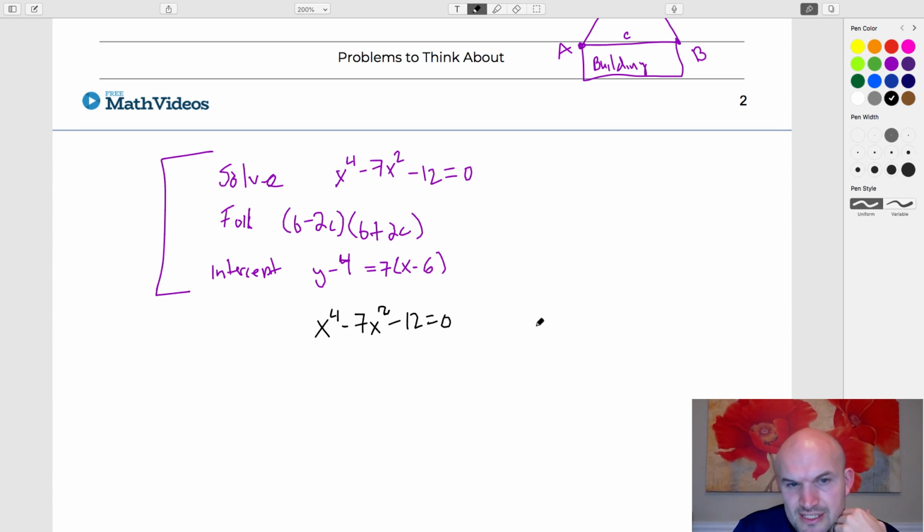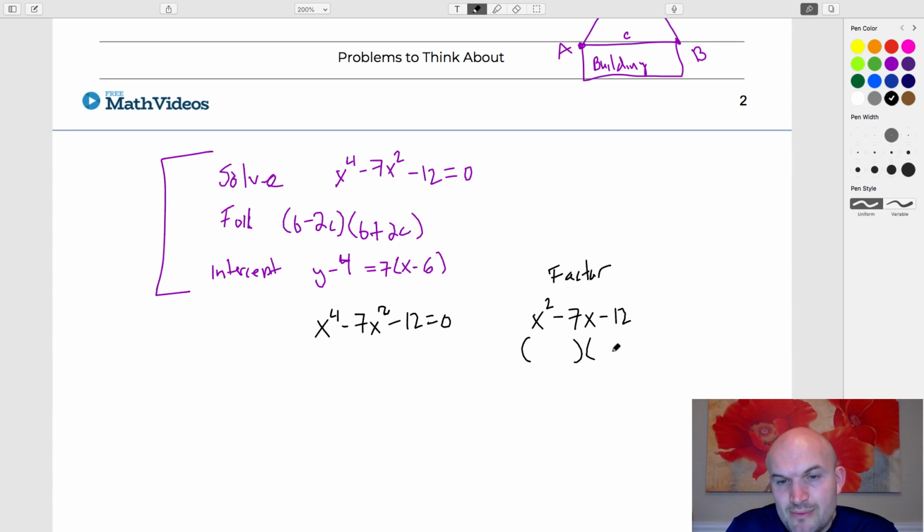Typically, I like to think of this as a quadratic trinomial, in the form of x squared minus 7x minus 12. Let's say I said factor this. Factoring is the process of rewriting this as a product. We know that trinomials can be factored into a product of two binomials. We know that x times x gives you x squared. And then there's a whole bunch of numbers that multiply to give you negative 12, but there's only one set that multiply to give negative 12 and add to give negative 7. And those numbers